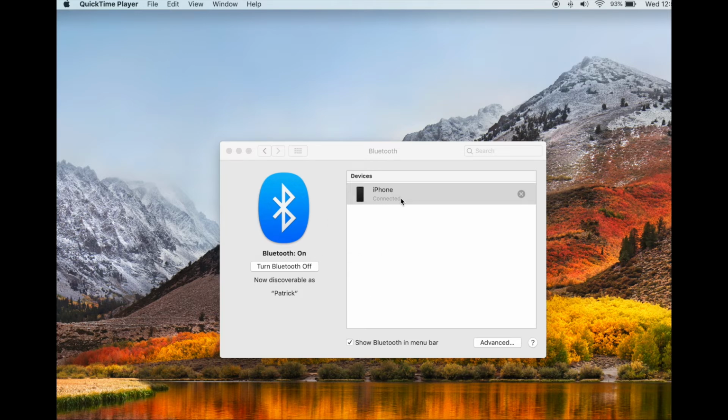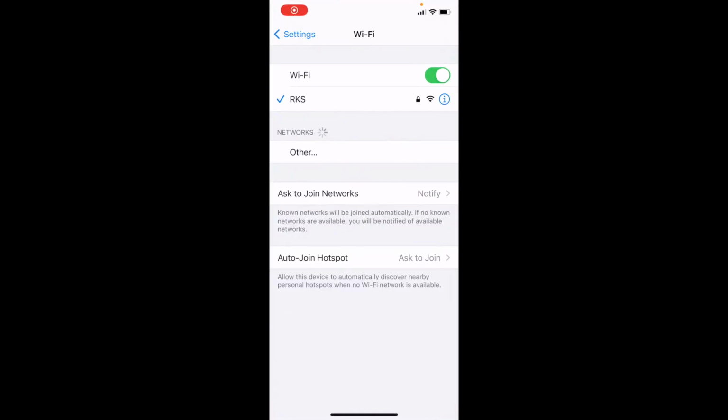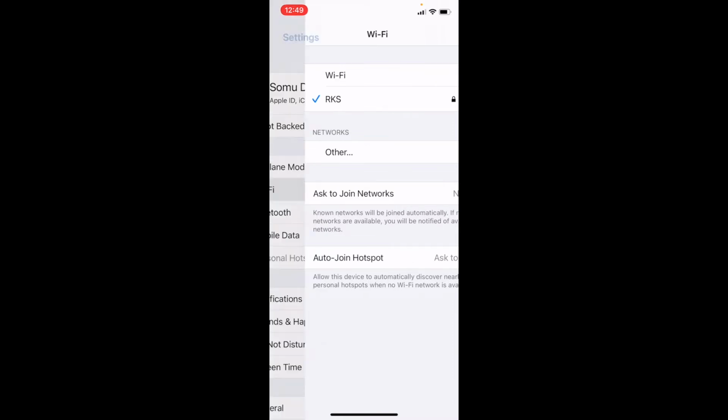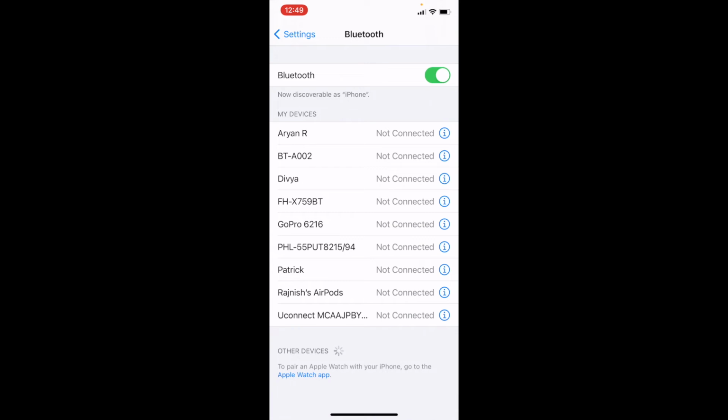So now let's go to the connection settings. If you see, my iPhone is connected to this MacBook via Bluetooth. This is important and required. Now I'm connecting my wireless network to this MacBook, and my iPhone is also connected to the same wireless network. The wireless network may be private, or you can connect to the internet, but it has to be the same Wi-Fi network that is used to transfer the file. This iPhone is also connected to the same network. You can see here the network name, and the Bluetooth is also connected.